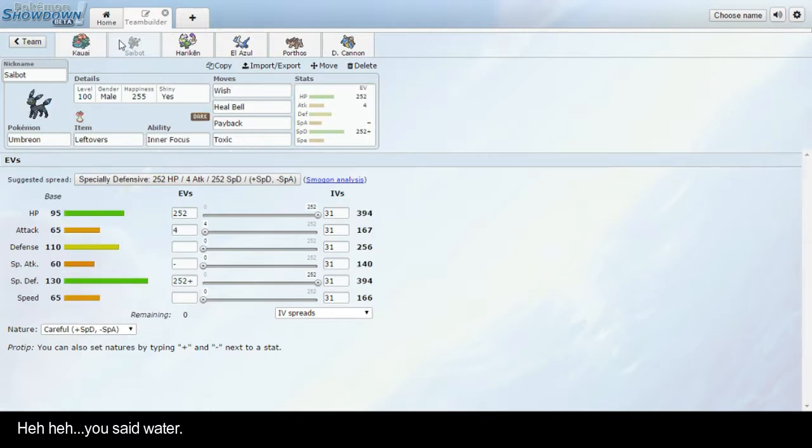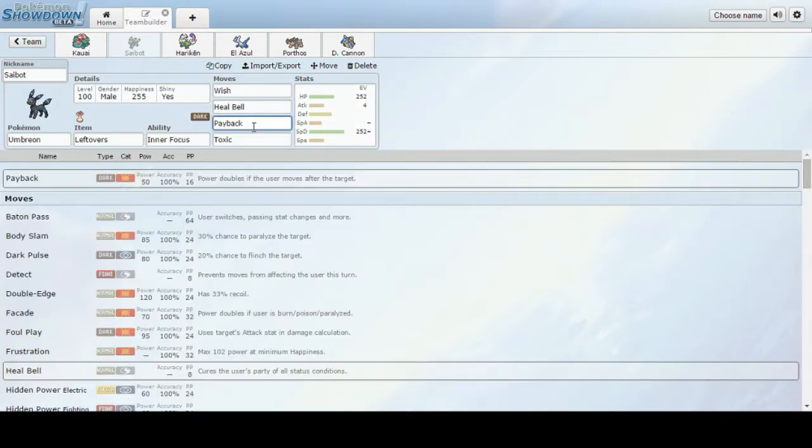Next up we have Umbreon. Umbreon, I'm running Inner Focus over Synchronize, mainly because I'm not too worried about status. But the main thing I'm worried about is Jirachi. Now with this EV spread, it may look a little funky. I can still take hits from Iron Head, and with Payback,